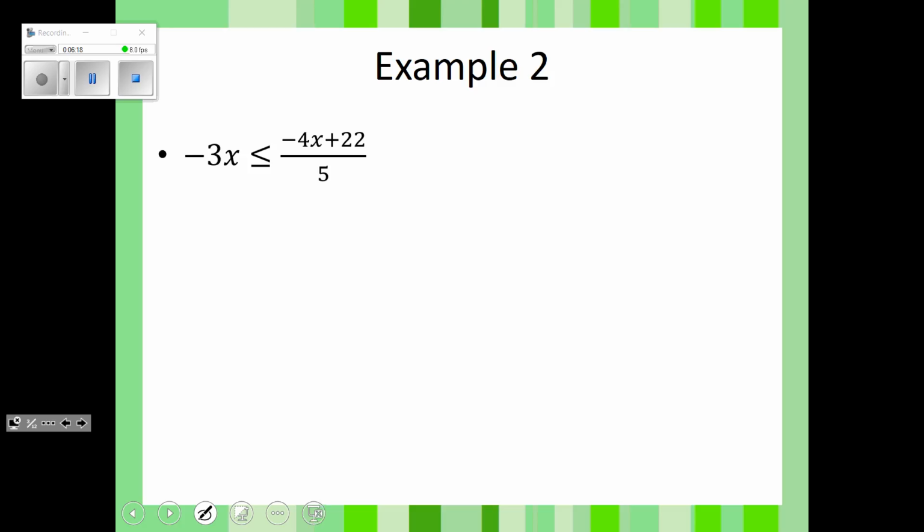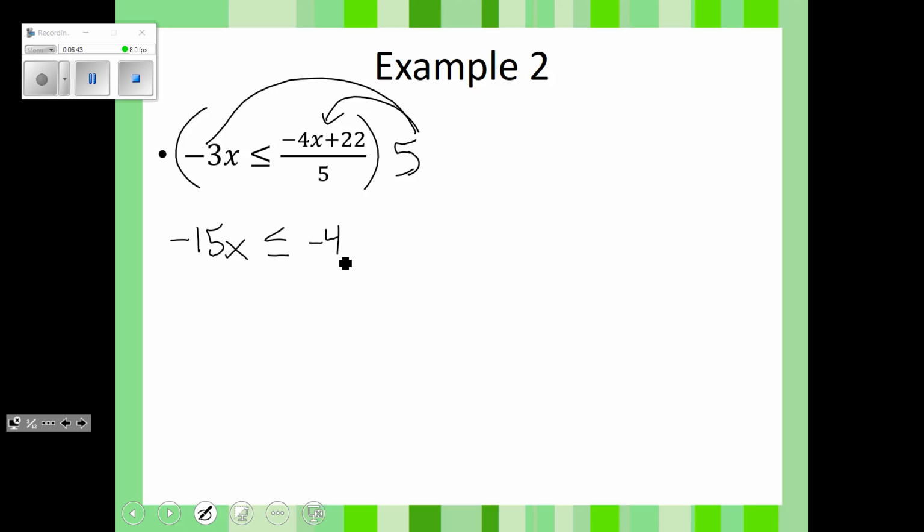All right, so step number 1, parentheses. No. Step 2, fractions. Yes. Times everything by 5. So when I times this by 5, we get negative 15x. What do I get when I times that by 5? Very good. Don't forget, some people want to distribute that to the negative 4 and get negative 20 and distribute the 5 to the 22 and make 110, and that doesn't work. This 5 and this 5 will cancel out,